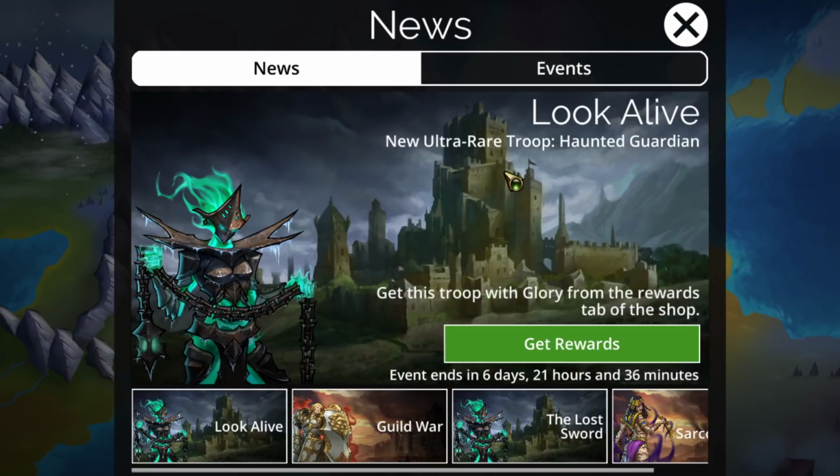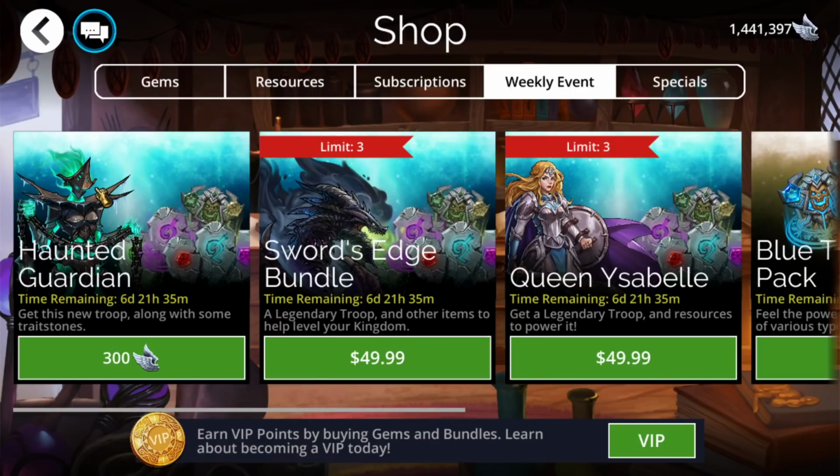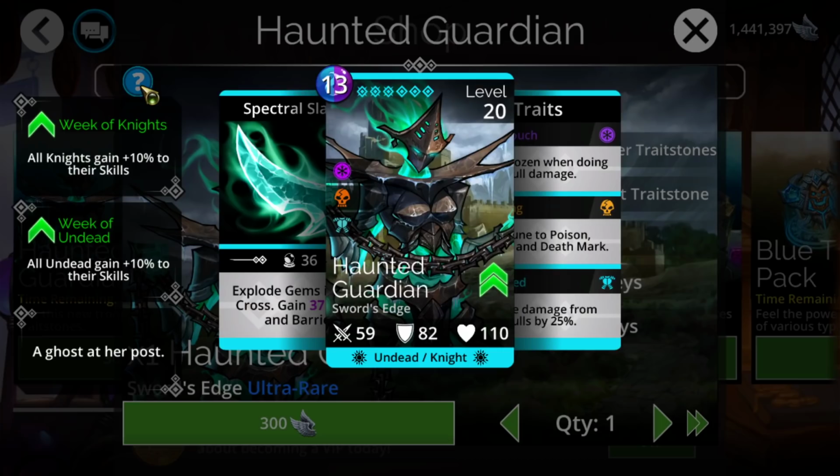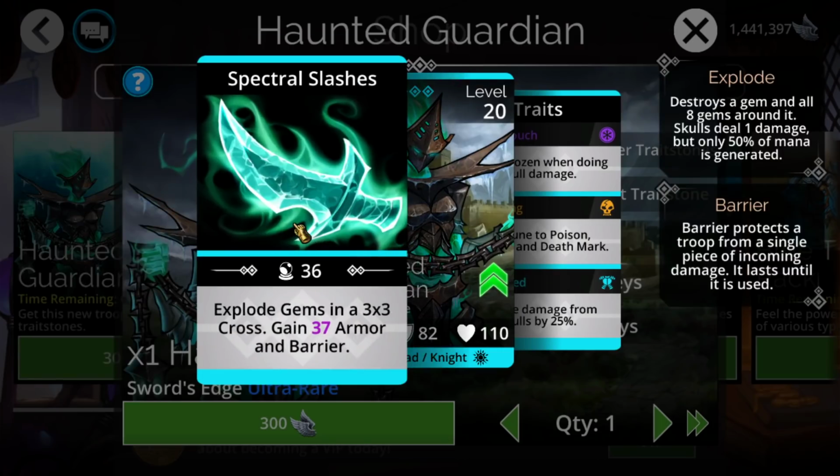in which the Haunted Guardian is added to the game. As far as the trait stones that it comes with, it is a blue-purple at 300 each. As far as the troop, it actually comes with a somewhat new mechanic in that it gets to explode gems in a 3x3 cross. This is quite a weird shape, but basically the easiest way to explain